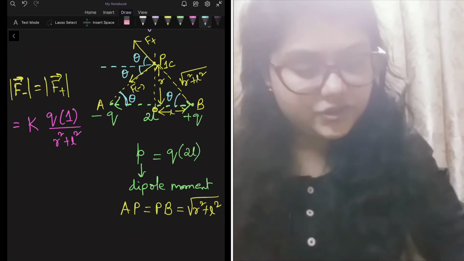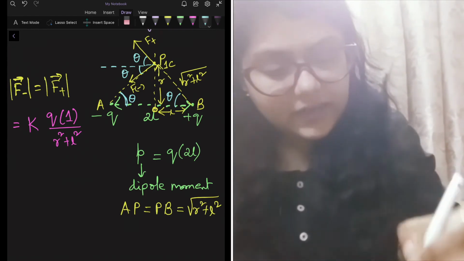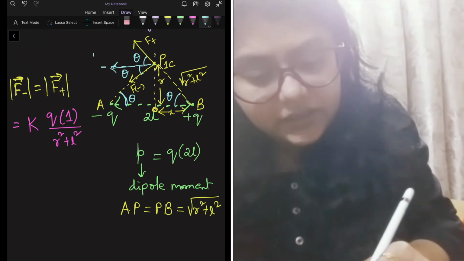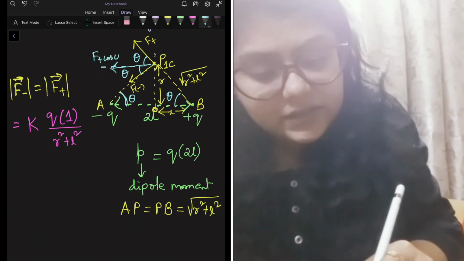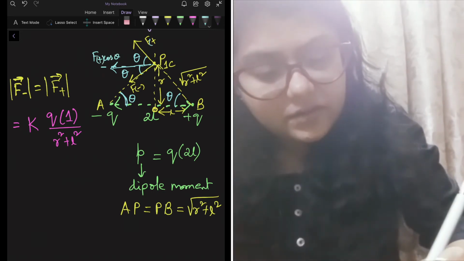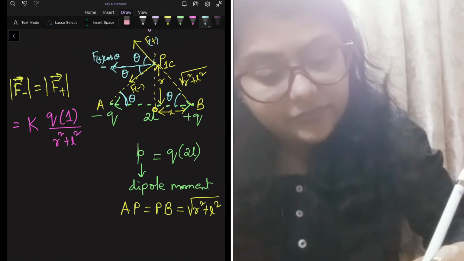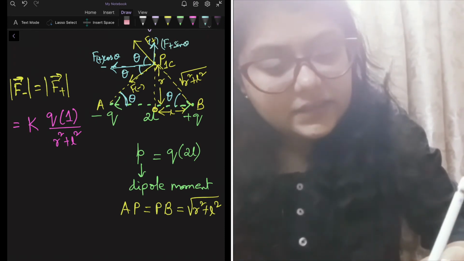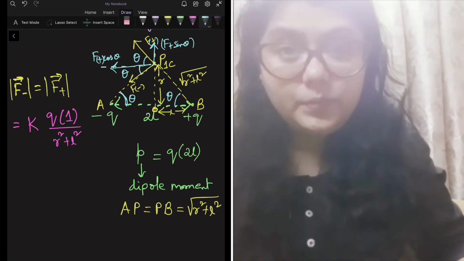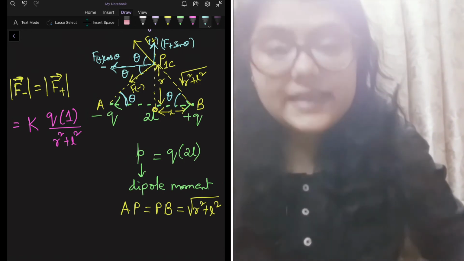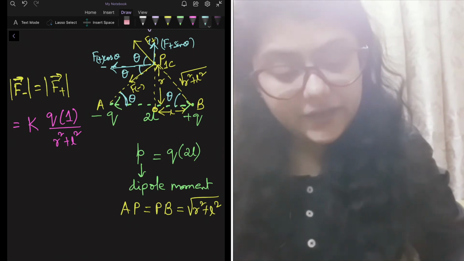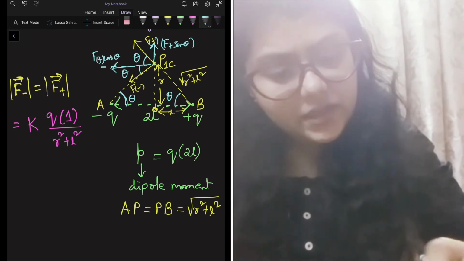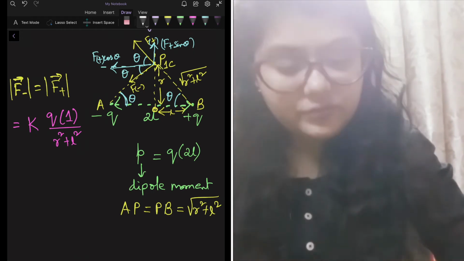Now I will have to break this F plus and F minus into components to do this vector addition. So if you analyze here, the component of F plus along this direction is going to be F plus cos theta. Plus is in the suffix, mind it. And you can have another component here, F plus sin theta. Okay, we are breaking it into two perpendicular components. Similarly, I can break my F minus force also. See, I am breaking here. Say I choose a different color, I am choosing white.